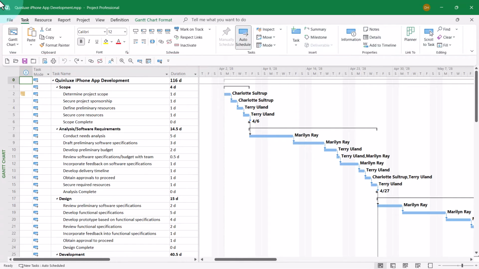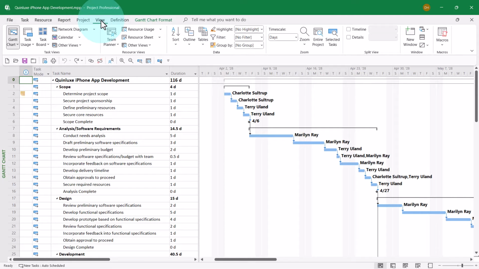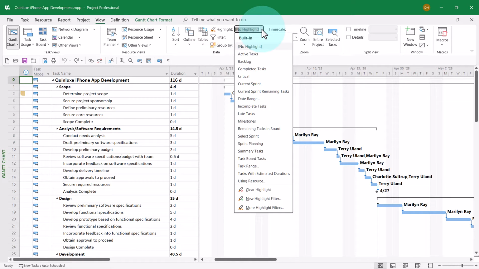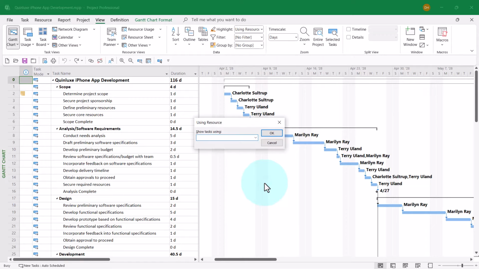To apply a highlight filter, click the View tab to display the View ribbon. Then click the Highlight Pick List button and select the filter of interest. In my case, that would be the Using Resource filter. When I select that filter, it displays the Using Resource dialog, in which I can select the name Terry Euland